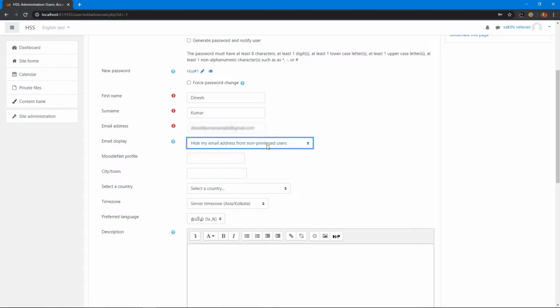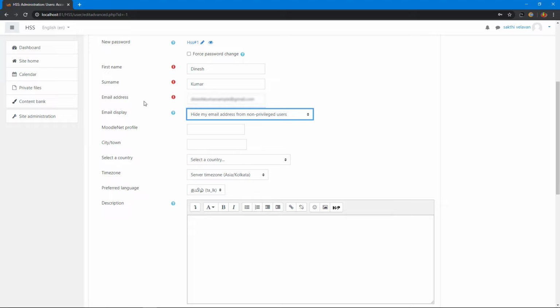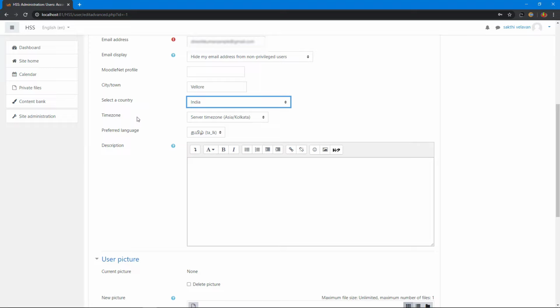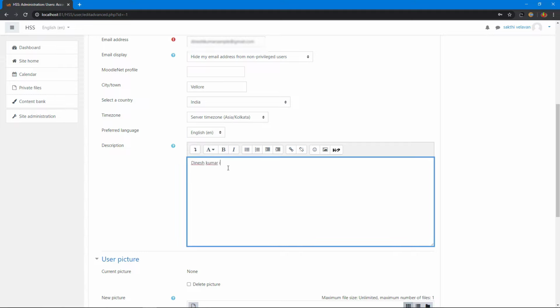It only shows privileged user. Non-privileged user can't see the email address. The mandatory fields are over. Now I go to enter the city or town. I type Vellore. In the select a country option, I select India. In the time zone, server time zone and preferred language is English. In the description, Dinesh Kumar is a